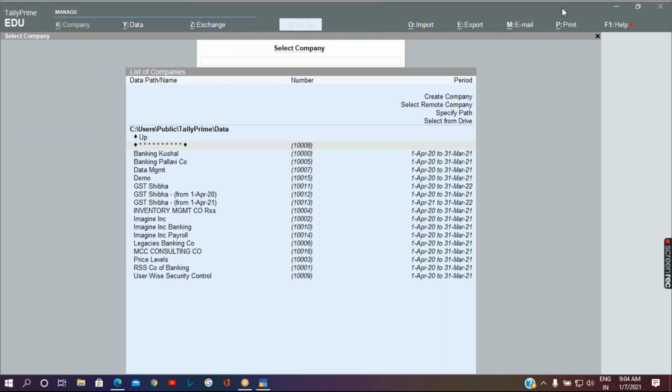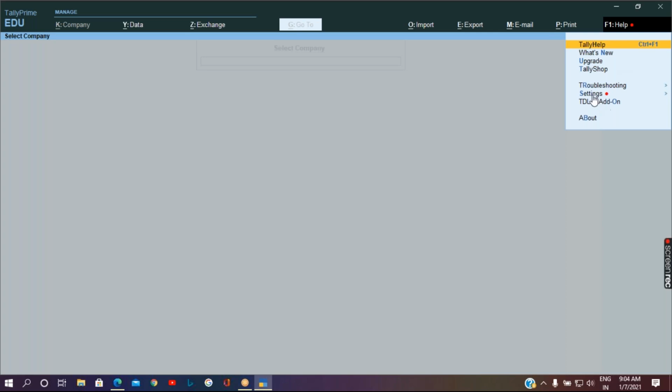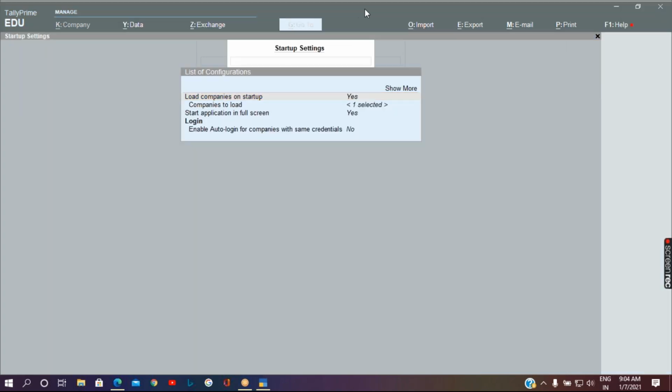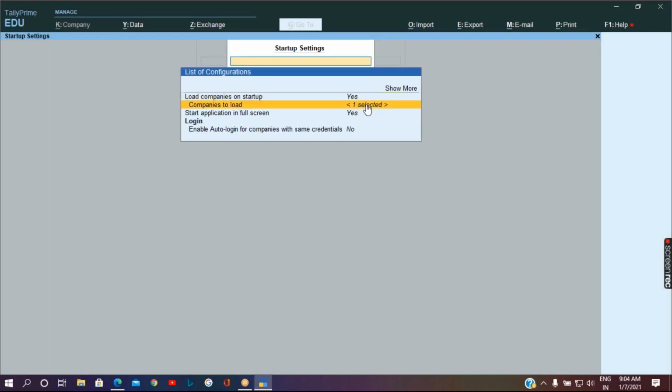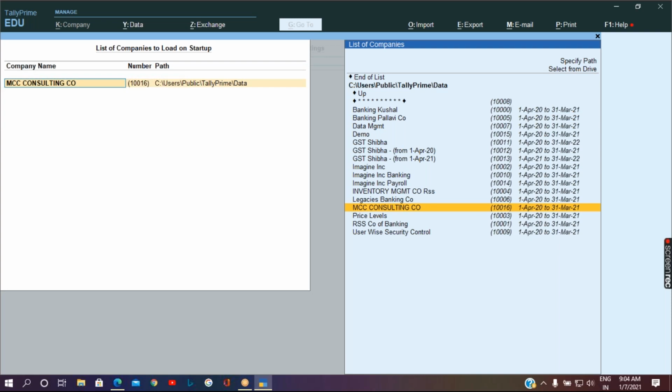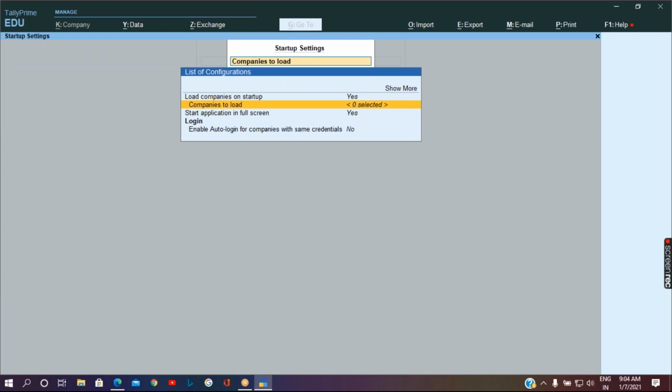Now if I don't want any company to open automatically, we should go to F1 Help, Settings, Startup, and make sure that Companies to Load is set. Instead of selecting any company, directly select End of List. It will be shown as 0 selected.